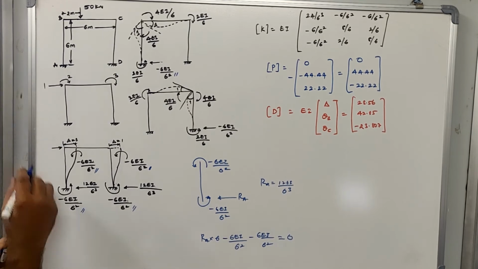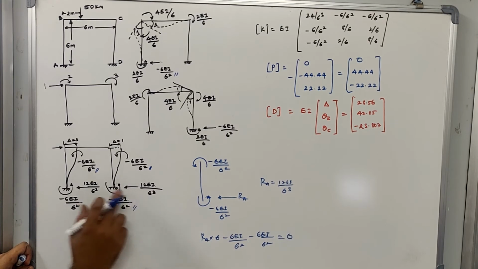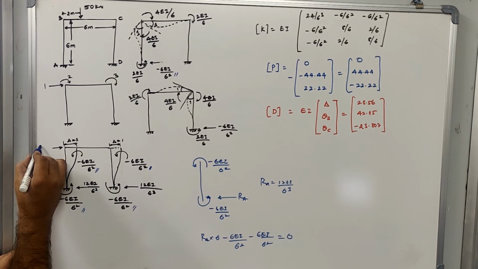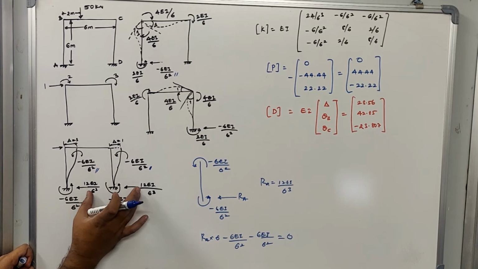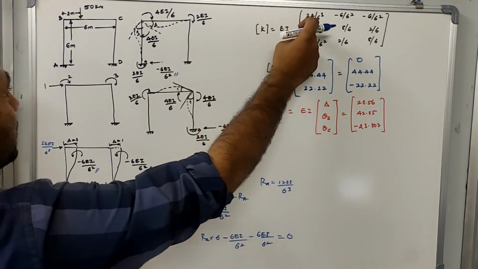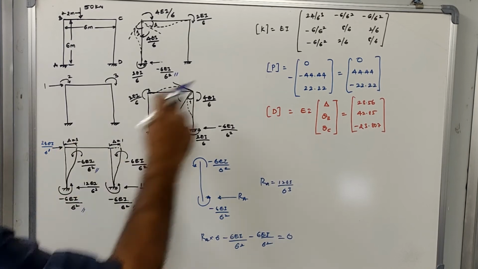Now let us first figure out, because of application of force here, how much is the force that is to be developed here to create this sway. The force that is required over here will be equivalent to these two reactions. As we know, the summation of all the horizontal forces will be equal to 0, so the force required to create this unit displacement will be equivalent to these two reactions. So I will take the summation of these two reactions, and it will be equal to 24 EI divided by 6 cube. So K11, the force required to create unit displacement, is equal to 24 EI divided by 6 cube.